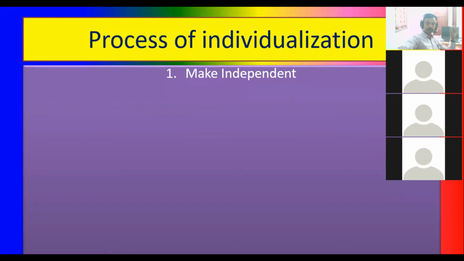First, become independent. The aim of nursing learning is that every nurse should work individually in a professional group. Second process, self-determining. Every student nurse determines themselves: I do every activity individually, which means we can take support from others, but do everything on our own. That is determination, decision making.